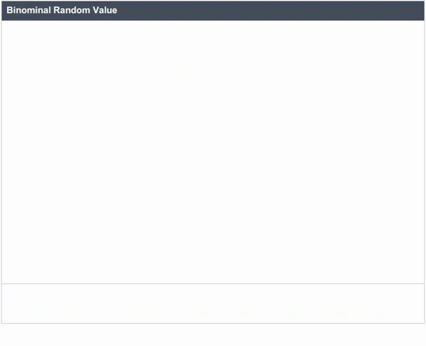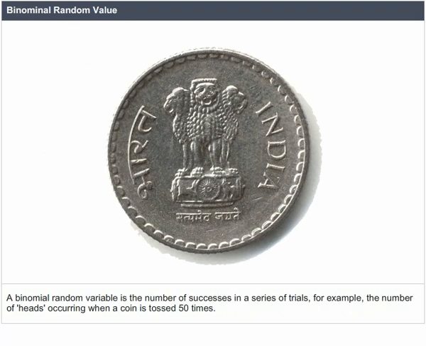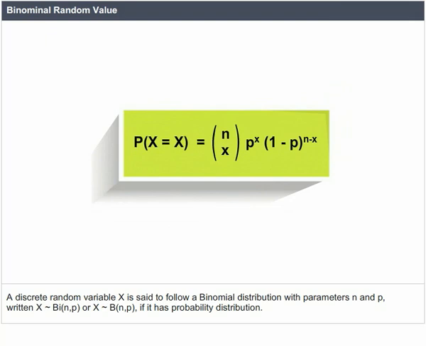Binomial random variable. A binomial random variable is the number of successes in a series of trials. For example, the number of heads occurring when a coin is tossed 50 times. A discrete random variable X is said to follow a binomial distribution with parameters n and p, written X follows Binomial(n, p) or Bi(n, p), if it has the probability distribution